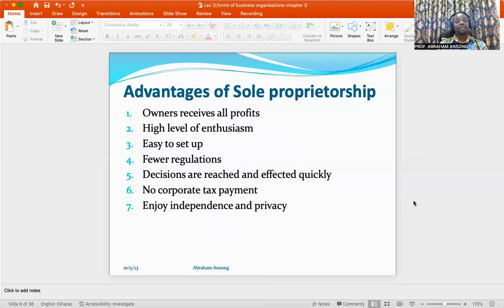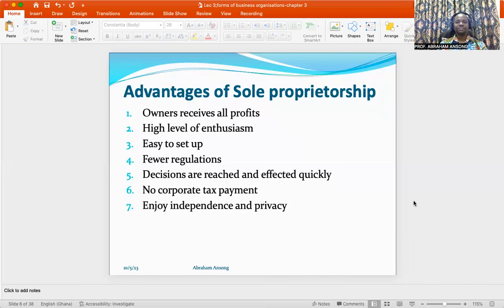of business. The regulations most of the time also go with cost. So getting the forms, paying various kinds of fees, all of that will be eliminated if you opt to operate a sole proprietorship form of business.